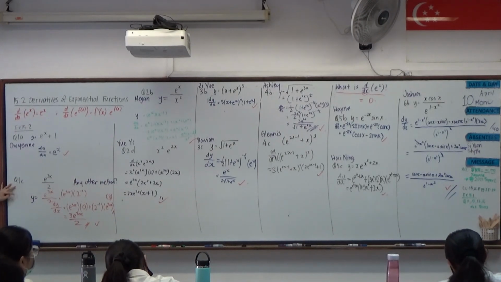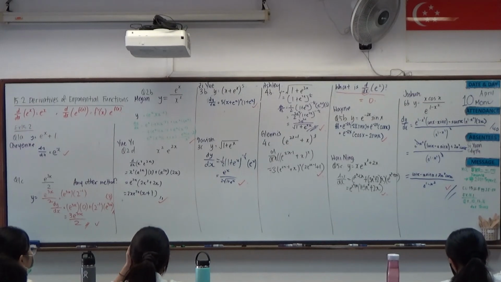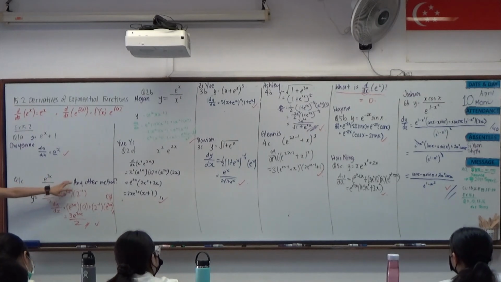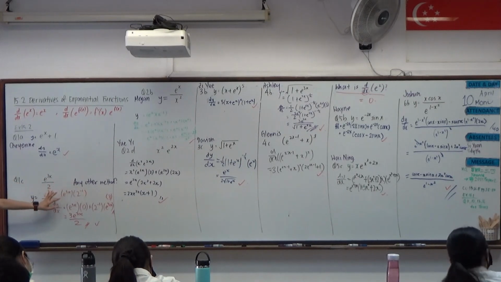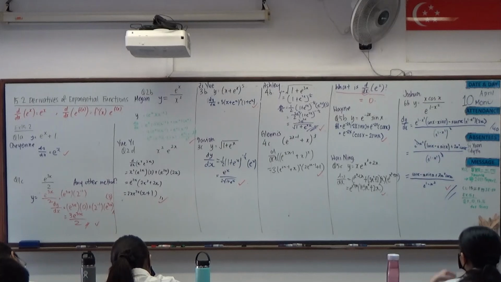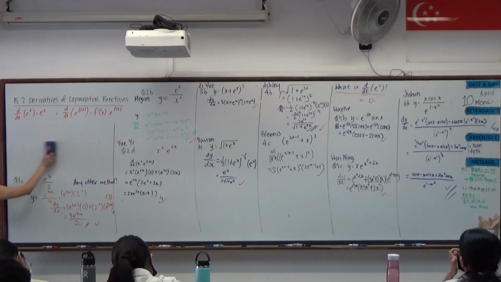For 1C itself, I noticed that for Amelia Cole, what she did was to apply the product rule. Not sure whether the people at the back can see, hopefully you're tall enough. Applying the product rule, that means you keep the left, differentiate the right, keep the right, differentiate the left. While the application is perfectly done, nothing wrong with it, you do get the answer. My question here is, is there any other method? Because when it comes to e to the power of 3x